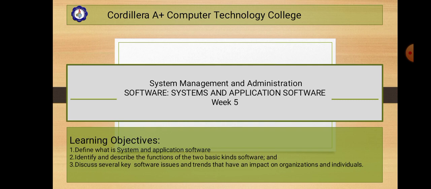But before I proceed to my formal discussion, I would like again to remind those students who have not yet submitted the requirements from the previous week, sa lahat ng mga requirements ninyo na hindi nyo pa na-submit, please do submit your requirements, okay? So, I'll be expecting you to submit your requirements anytime this week. So, iwasan natin yung natatambakan tayo ng requirements para sa ganun ay hindi tayo mahirapan na maghabol. Lalo pat na sa week 5 na tayo and this is the last week of your prelim.